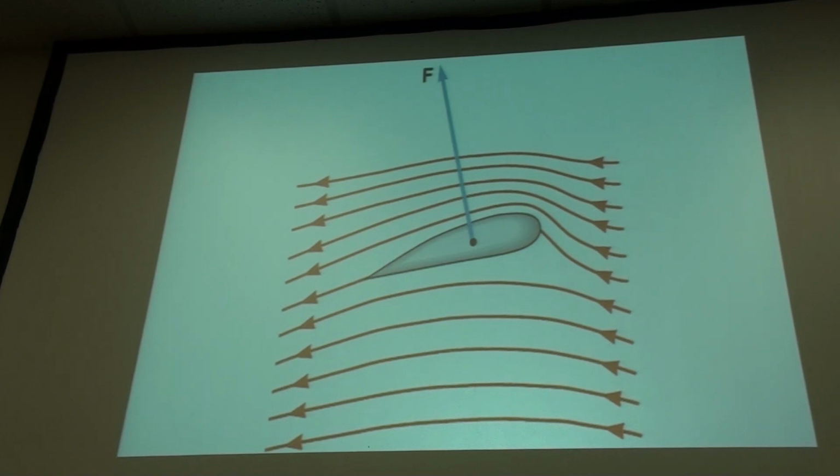But in this one, I want to look at an airplane wing. Okay, so in an airplane wing, basically what you have is a curved wing surface that is more curved on the top surface than it is on the bottom surface. And you can also get those ripples or those streamlines of air to deflect even more by changing what's called the angle of attack of the wing with respect to the horizontal. And so that can give you even more lift. And so let's see how that would work then as an application of Bernoulli's equation.